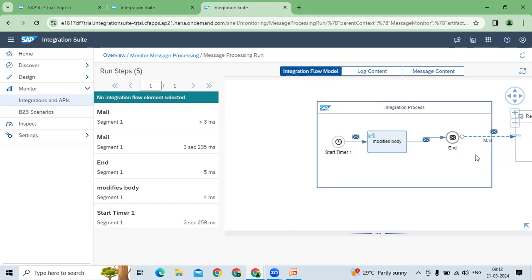Likewise, how many steps are there? So at each and every step, suppose if you check here,